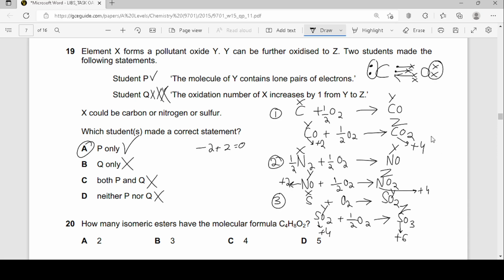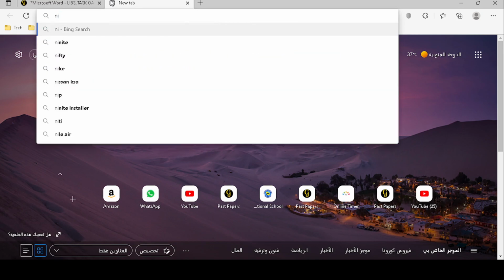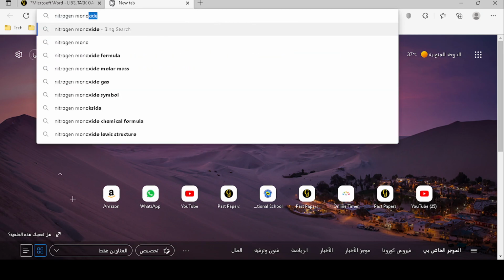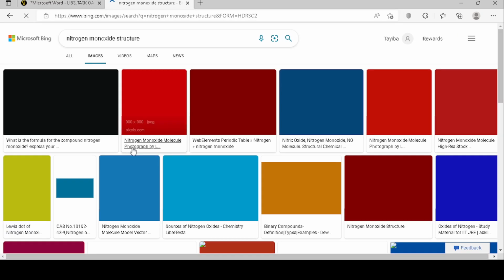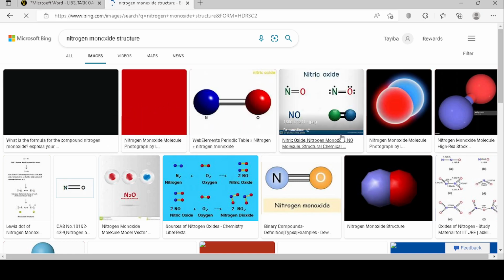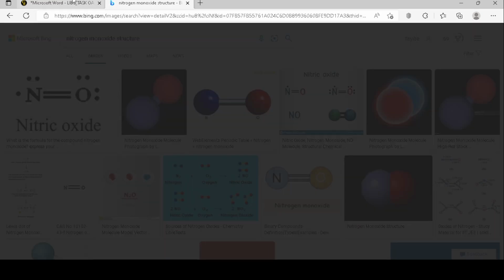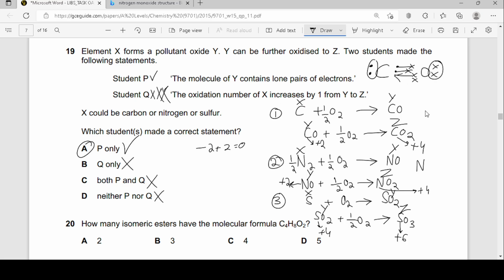But let me check for nitrogen monoxide as well. What's the structure of nitrogen monoxide actually? I don't even know. Let me just check it. Nitrogen monoxide structure, right? That's the structure of nitrogen monoxide, pretty cool. Nitric oxide, that's how they label it. So nitrogen monoxide or nitric oxide. So it has a double bond actually, very interesting. So it's a double bond, and